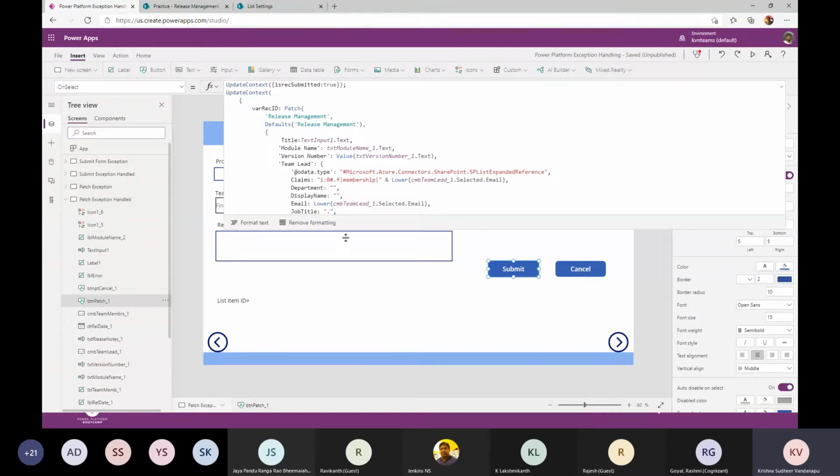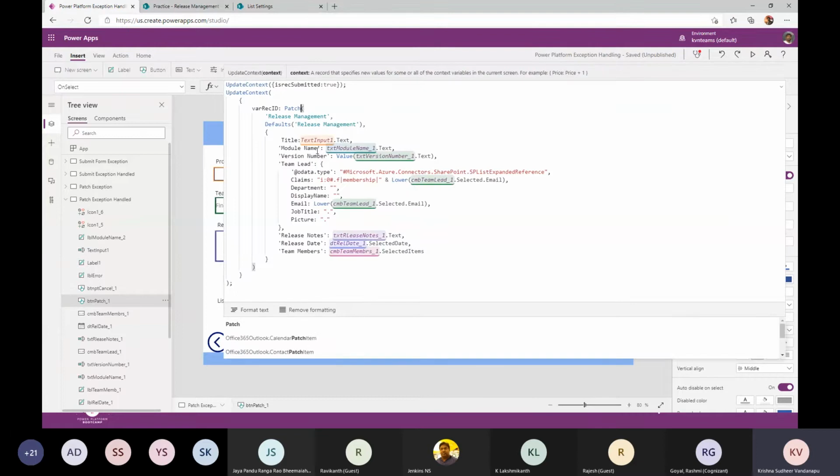How do I handle that exception? Like the form submit event, Patch also returns the recently submitted record, or recently patched record. Patch we use to submit, and also to update an existing record. We all know that. In this scenario, I'm handling the exception in such a way that